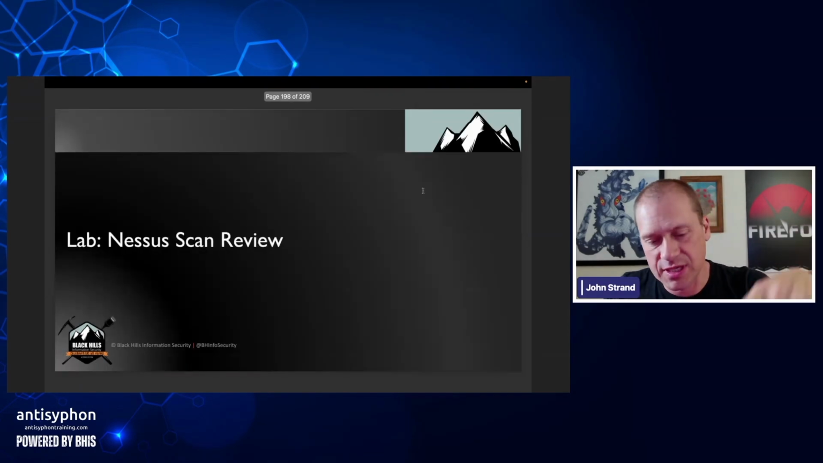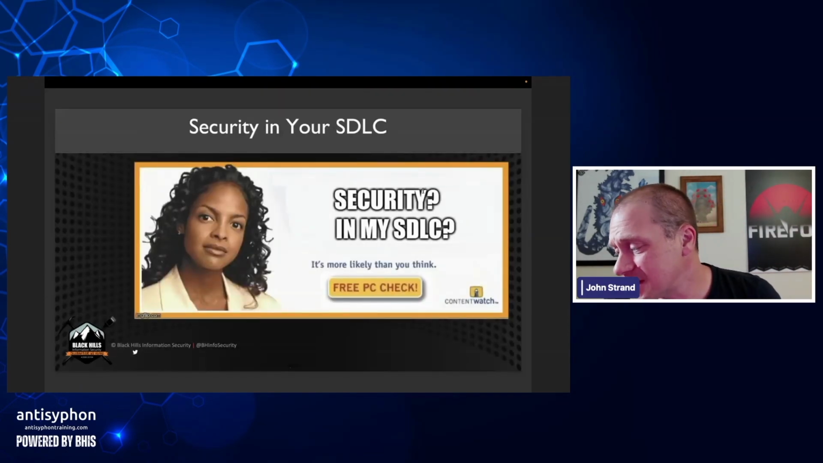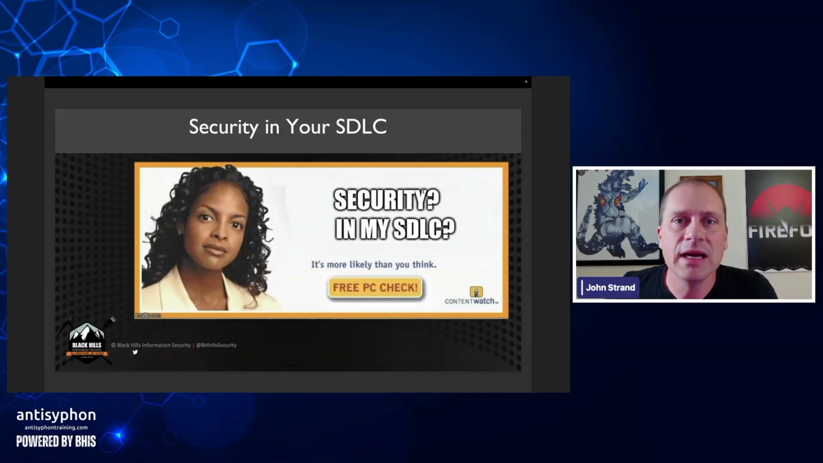All right, so we're going to skip over the Nessus scan review because it's got to be updated. Okay, so here's my problem. Maybe you all can help me. Trying to come up with Nessus scan results of a substantial number of IP addresses is like super, super, super